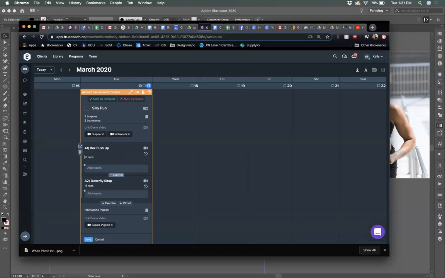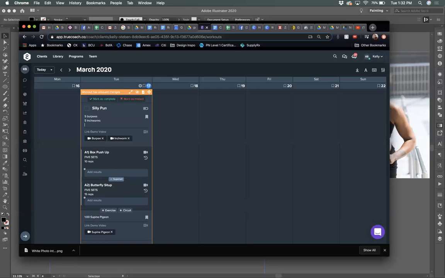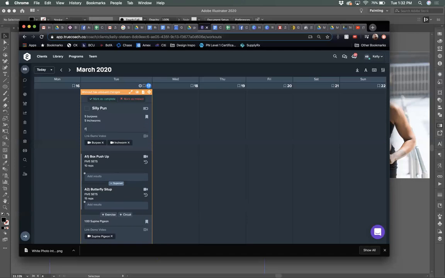So maybe I'll do something like this. 5 sets here, 5 sets here. And since they're supersetting, they know to put these together. Another thing I'll do sometimes is I'll just say 5 rounds of superset A in here, 4 rounds of